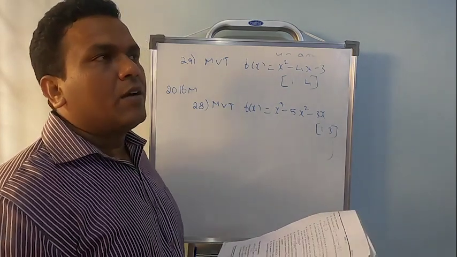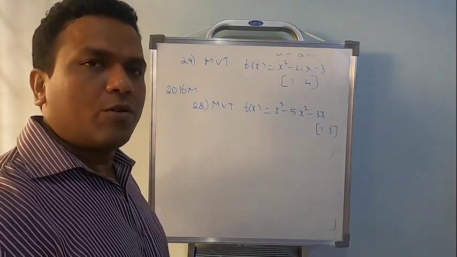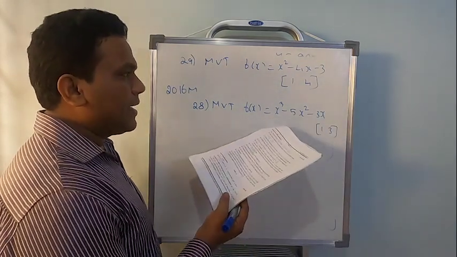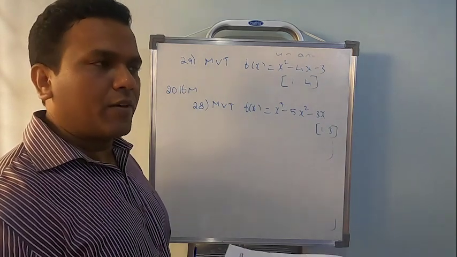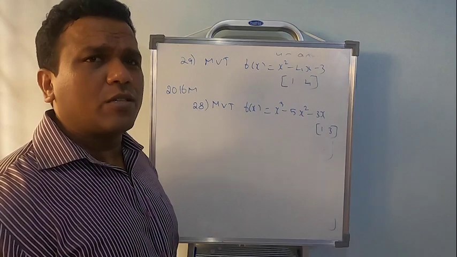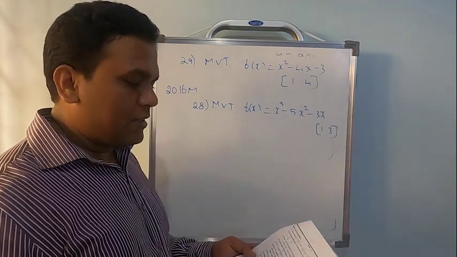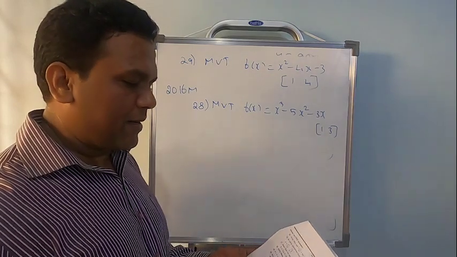Mean value theorem. It's a polynomial, it's continuous in the closed interval, hence it's differentiable in the open interval, and finally take f dash of c equal to f of b minus f of a by b minus a. Just repeat. The function is getting different, that's all. But the procedure still remains the same. So I will not take the risk of explaining the same concept of problems once again repeatedly.